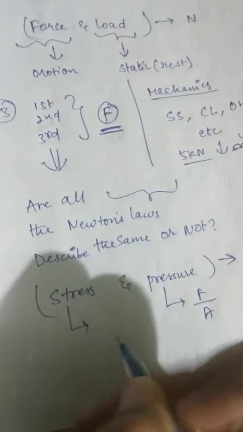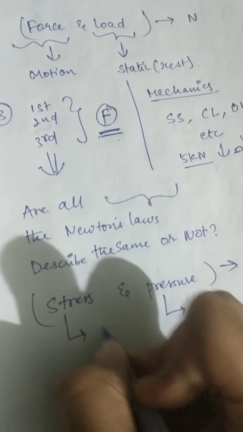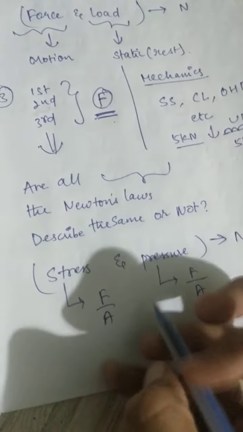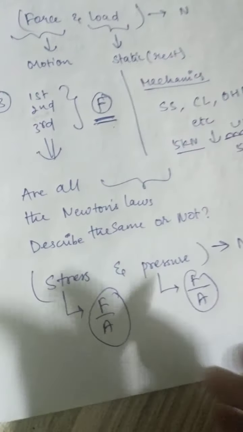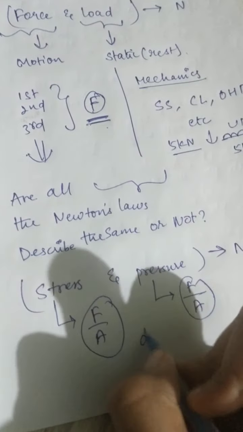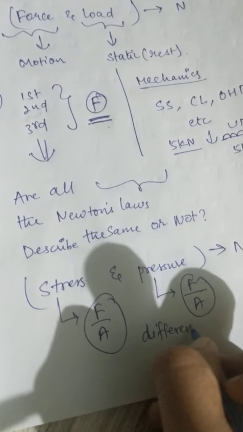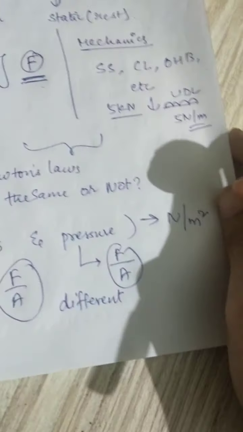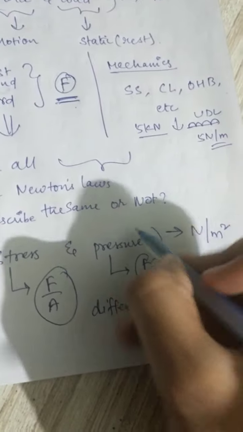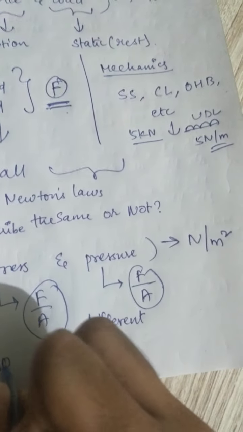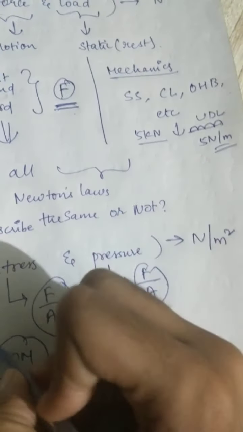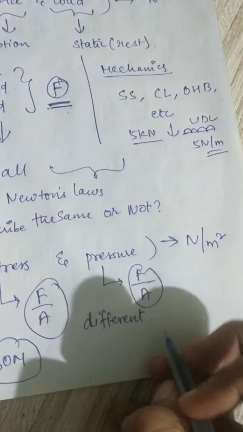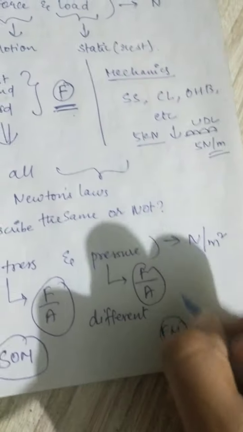For stress also, interestingly, it is force per unit area. Formula-wise and dimensional-wise both are the same, but these two are different. In the subject strength of materials, we talk about stress, and in fluid mechanics we talk about pressure,